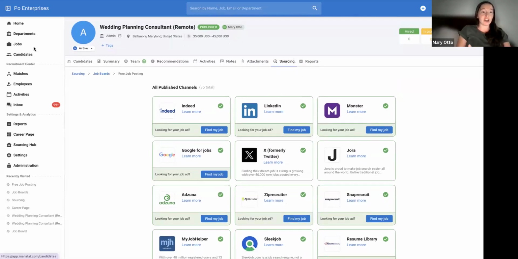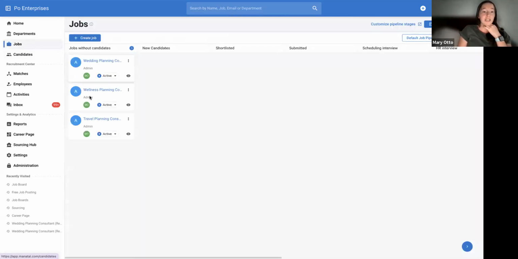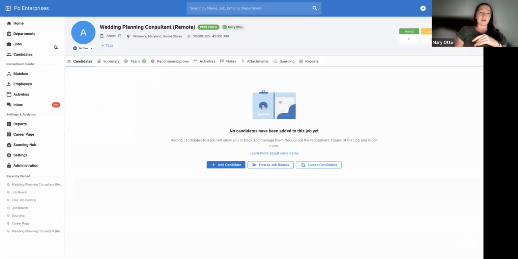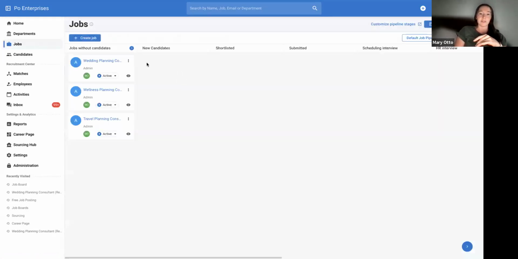So now you guys will come back to jobs and you'll see it open here. It's going to take 24 to 48 hours, so I posted the other two this morning. It's going to take that long for them to get candidates, and then I'm going to see the job switch over to here, and it's going to say it has new candidates. And when I open up the job from this section, it's going to show me all the new candidates. As far as how to reply to them, I don't know how to show you guys. I wish I would not have done that. I should have left one job open this morning, but